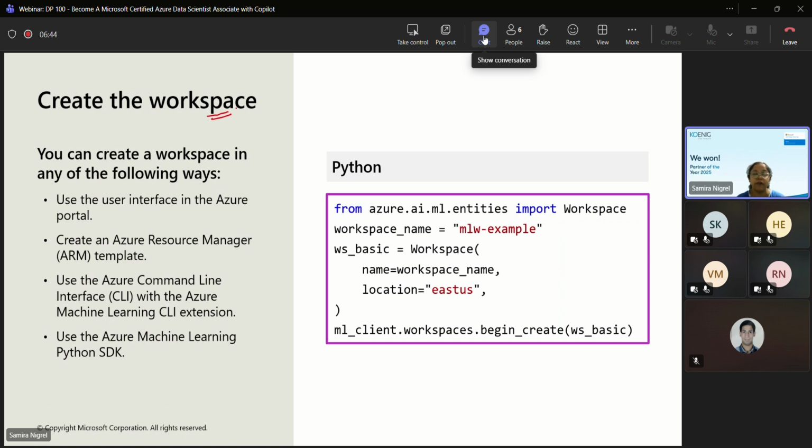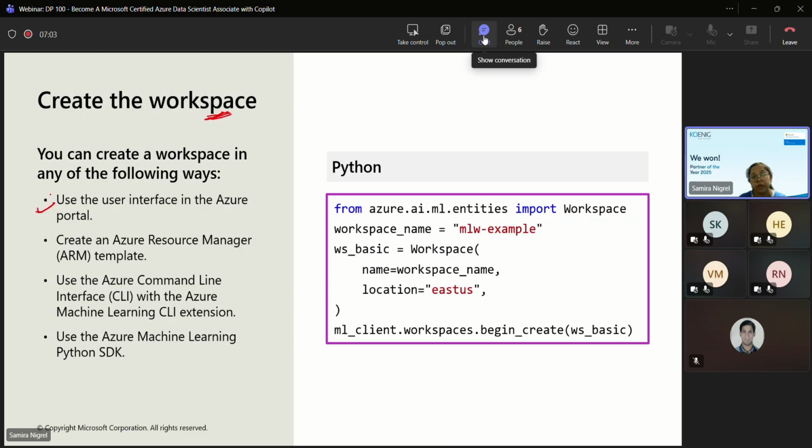So what do you need? You need a lab where various apparatuses are there, where chemical compounds are there, and you perform those activities in those labs. Same thing for machine learning. The workspace is provided by Azure Machine Learning. So you can create a workspace in 4 different ways.